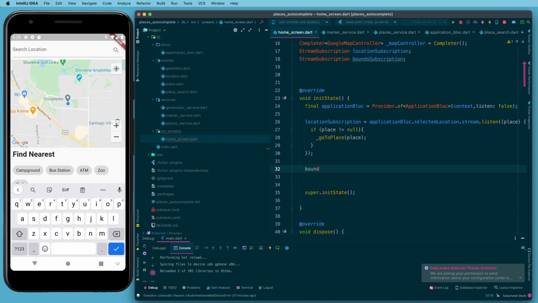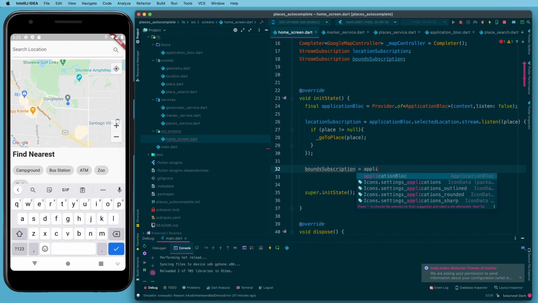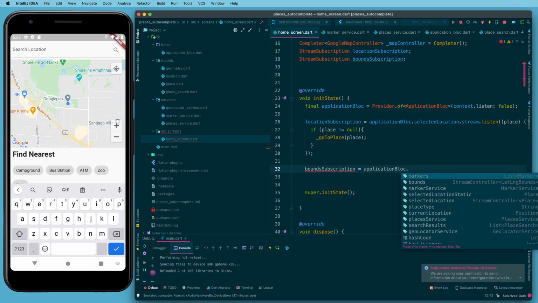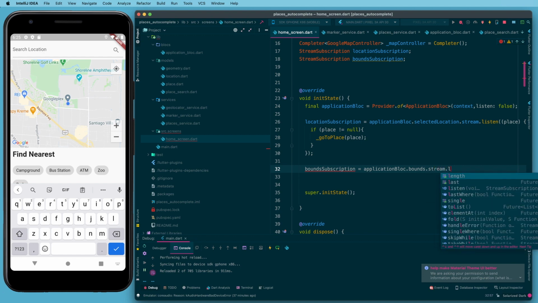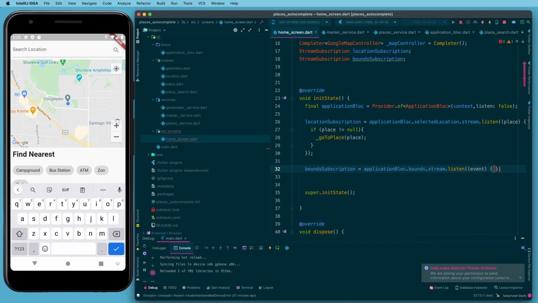And we will set boundsSubscription equal to applicationBloc.bounds.stream.listen. And so the thing we're listening to are bounds, and we're going to want an async function,